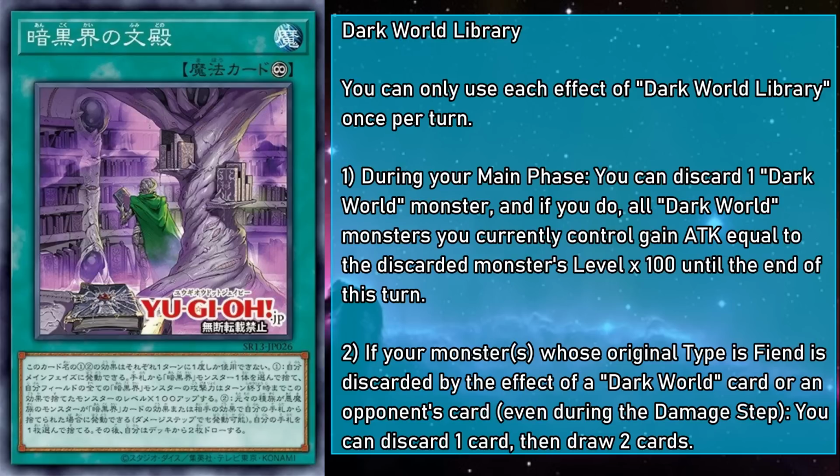Wow! How did they get away with printing this? The first effect is a free discard outlet every turn that triggers your Dark Worlds because none of it is cost, and it gives your entire Dark World lineup a pretty nice boost. Pitching Snow only means 400, but pitching Grapha means 800. Then, because they were discarded by the effect of a Dark World card, Library, you get to pitch another card